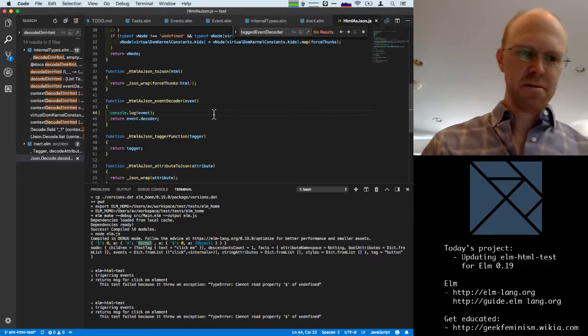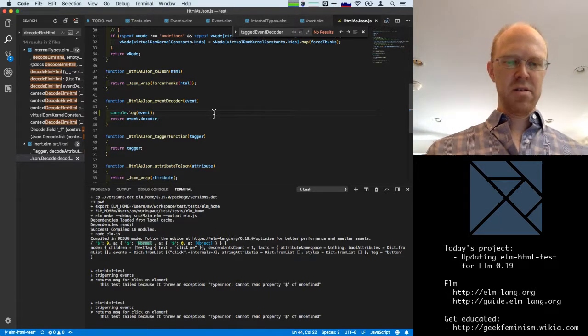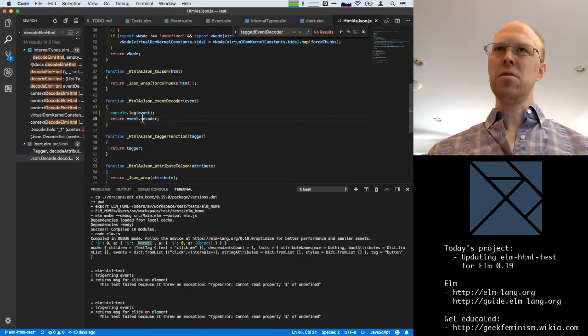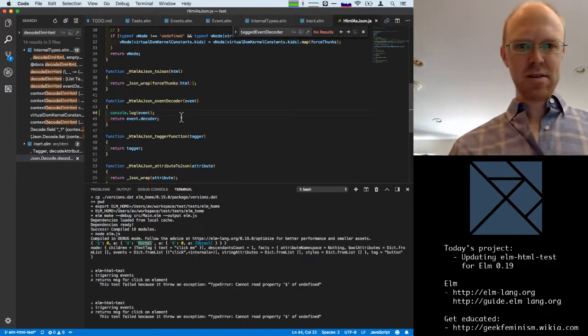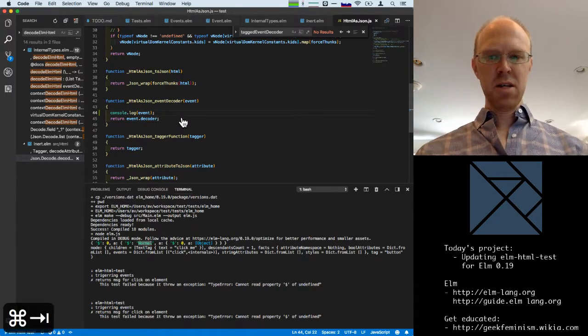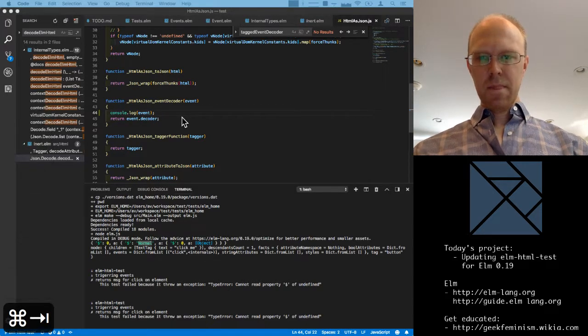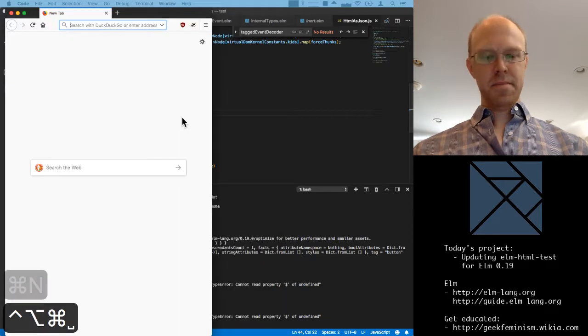So it looks like we're going to have to learn a bit more about the internals of the Elm virtual DOM library to figure out how to update this code. It looks like potentially event handlers in virtual DOM has possibly changed a lot in Elm 19. So I guess let's get to it.